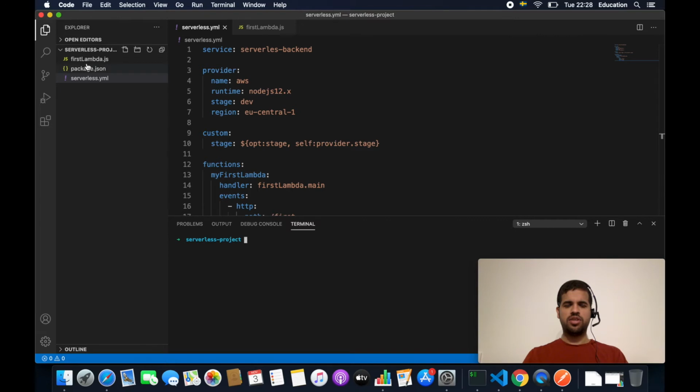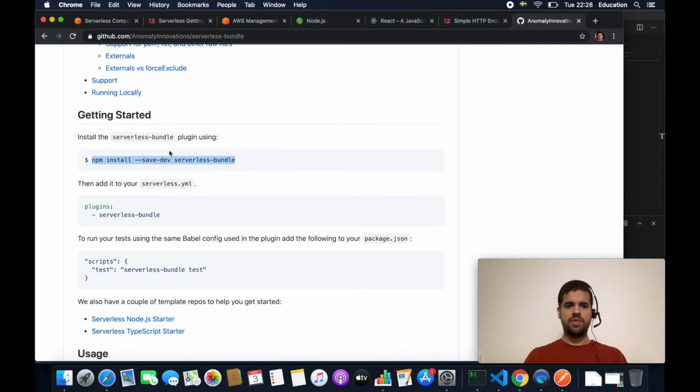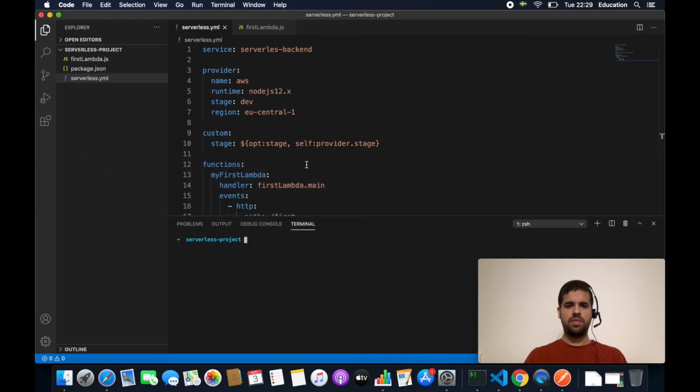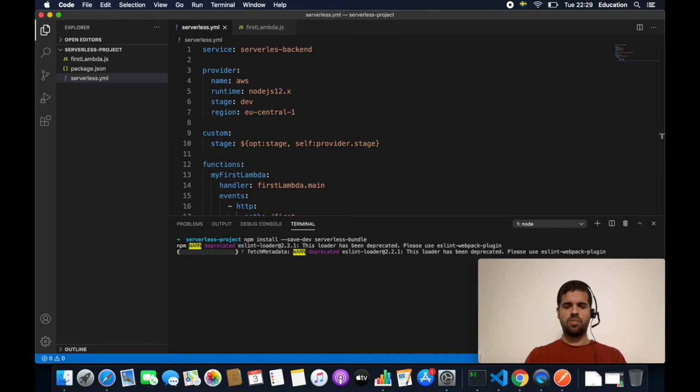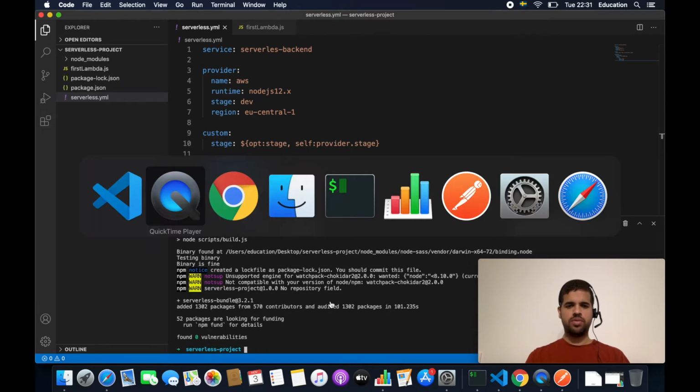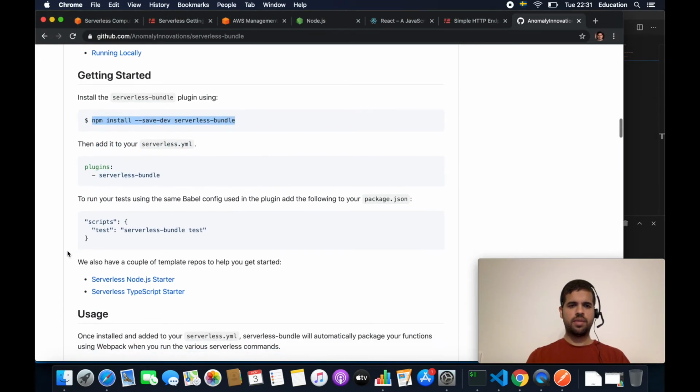So now we have the package.json, and now we can copy and paste the serverless bundle library. Let's copy and let's paste and hit enter. This could take a while, so I will pause the video and I will continue after that. Finished, we can go back to the documentation, and as you can see in our serverless YAML file, we need